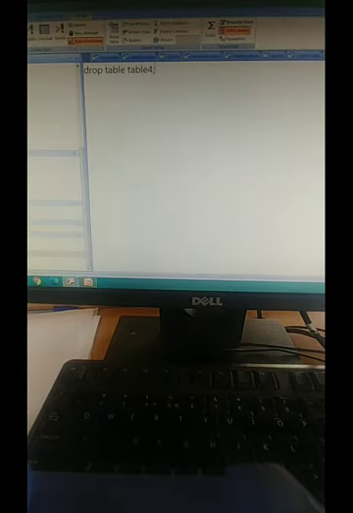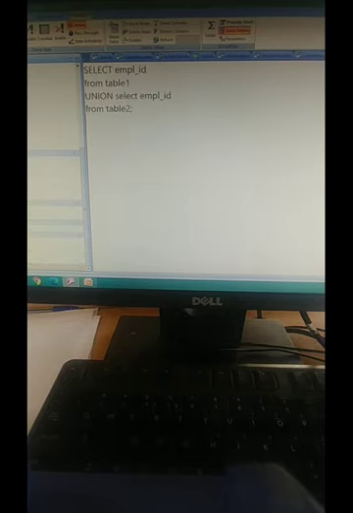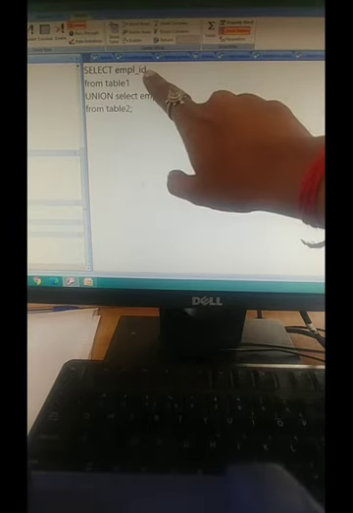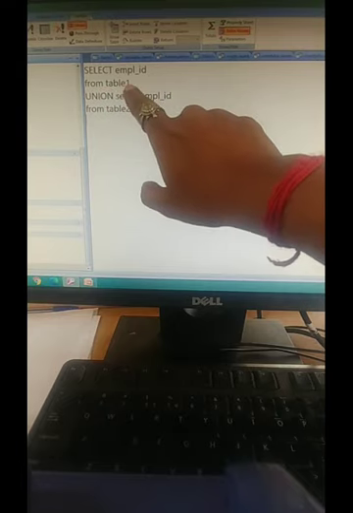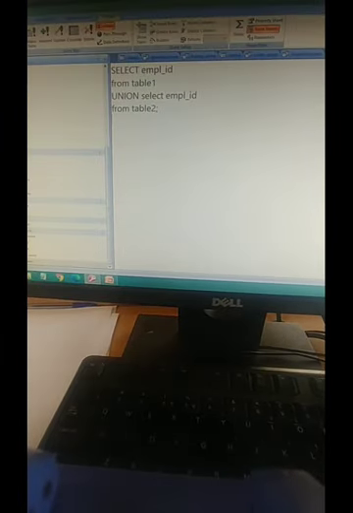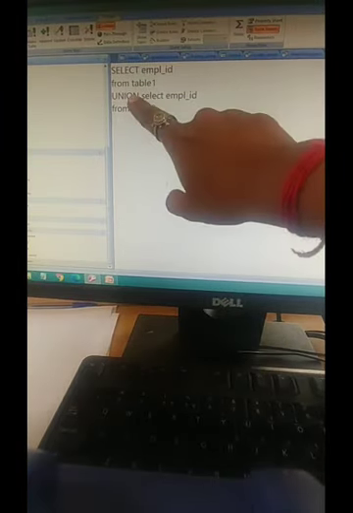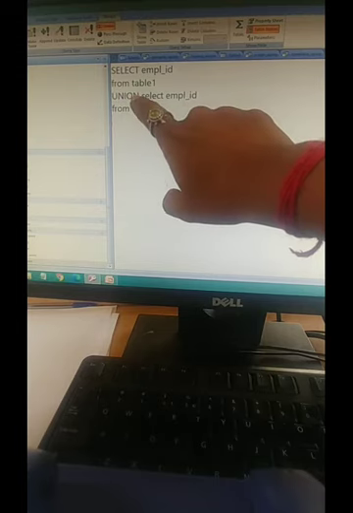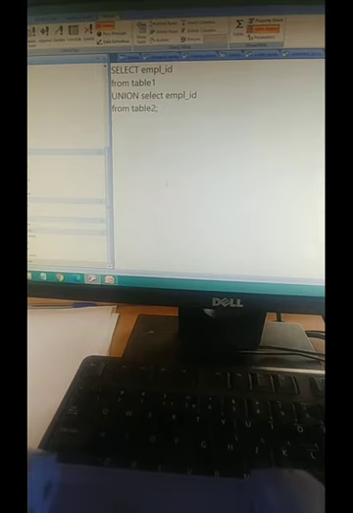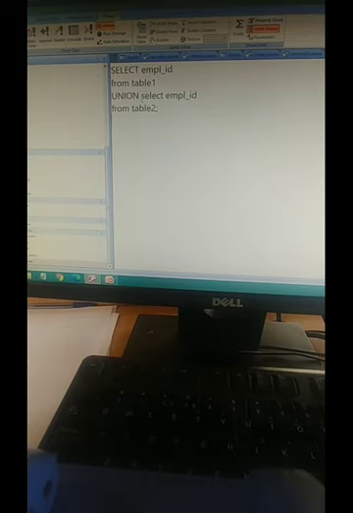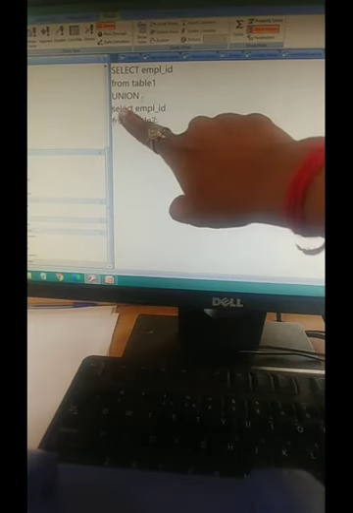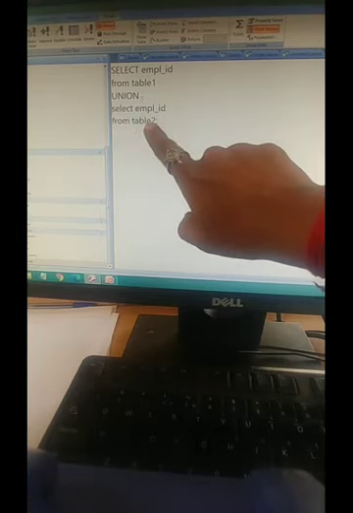See, select employee ID from table 1, that is the first table. Next you have to use this keyword union. Again you mention this: select employee ID from table 2.